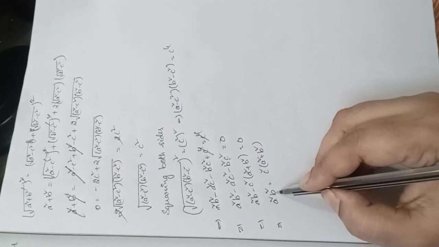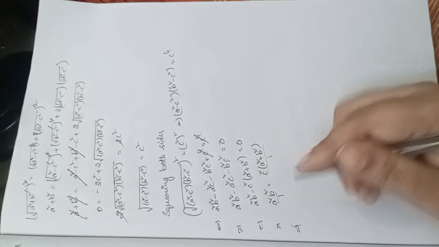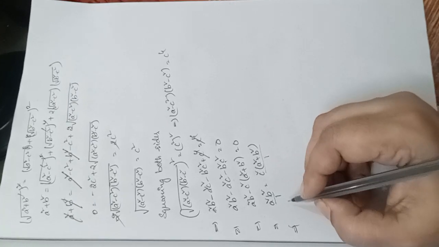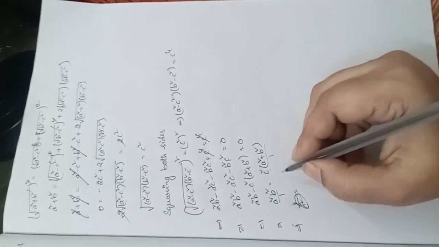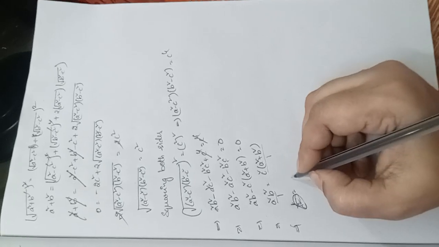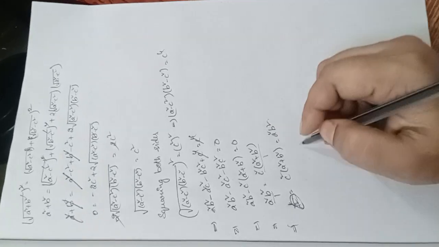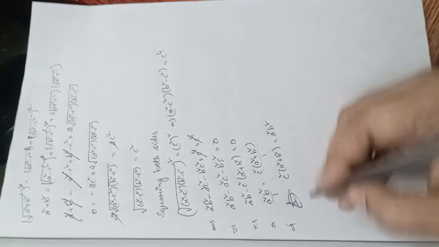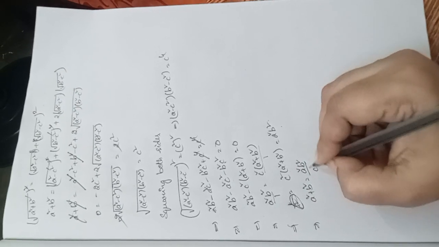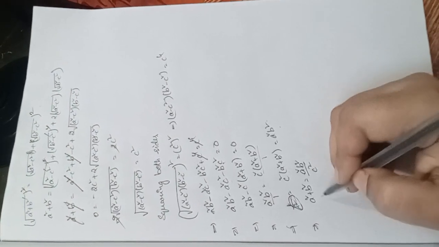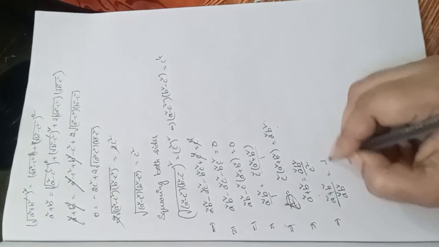Now what I am doing is, here if you take this as 1 and this as 1, just cross multiply. 1 by c square equals to, otherwise, if you get confused we can do it this way. C square (a square plus b square) equals a square b square, right? So what I am doing is, c square is coming here, which means I make it the denominator on the other side. Now I am bringing a square b square here. (A square plus b square) by a square b square equals 1 by c square.